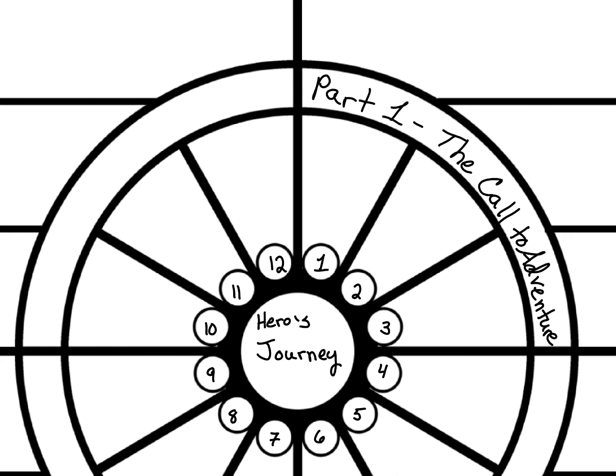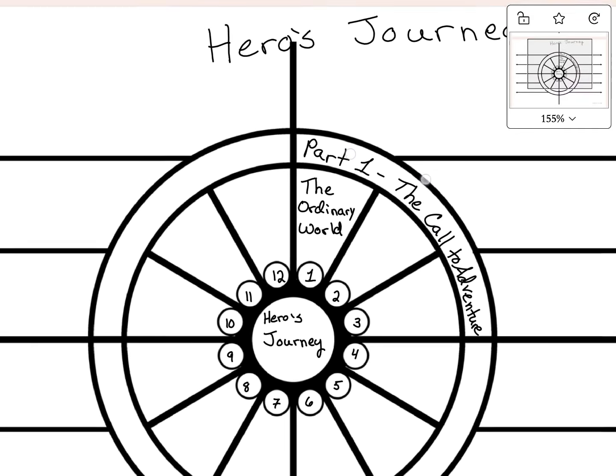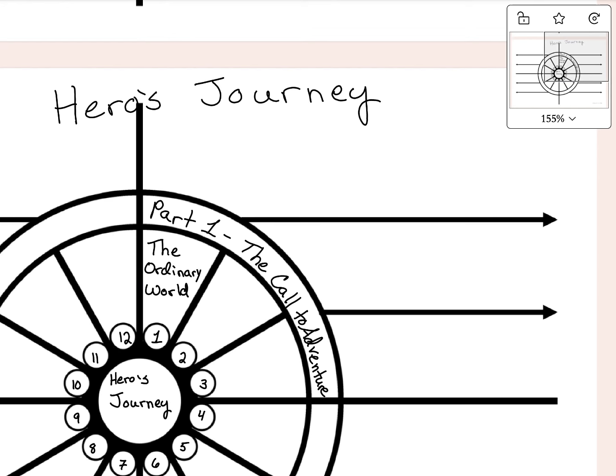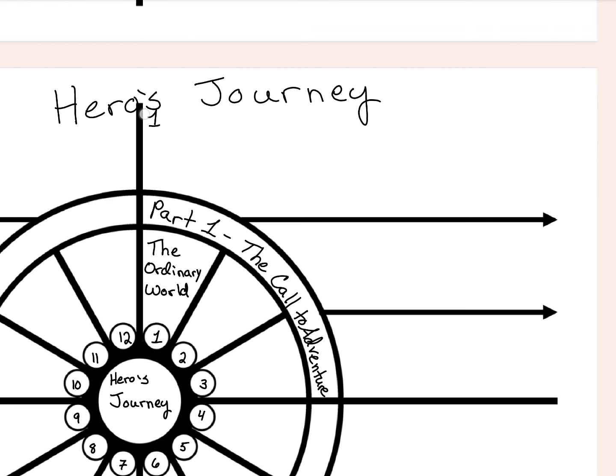But we are going to start right here with section 1. And this section 1 is going to be called The Ordinary World. As we take our notes for The Ordinary World, you are going to want to write kind of small. I'm going to start in this first section right here, and I'm just going to label it The Ordinary World. And when we talk about the ordinary world of a character, I'm going to be using the word